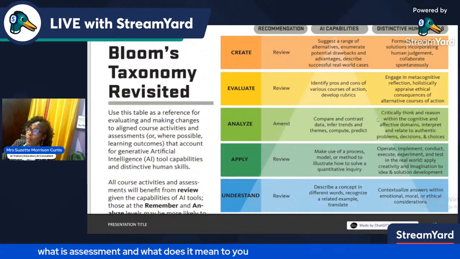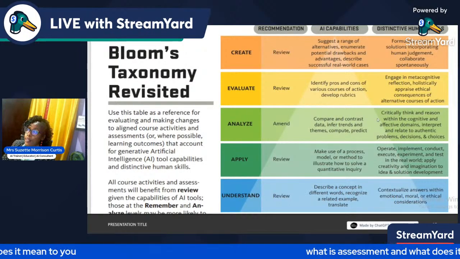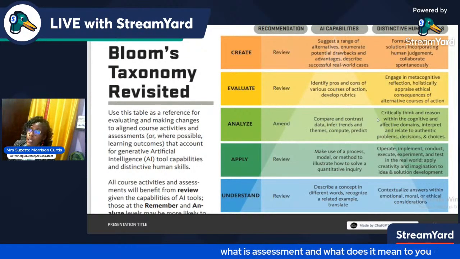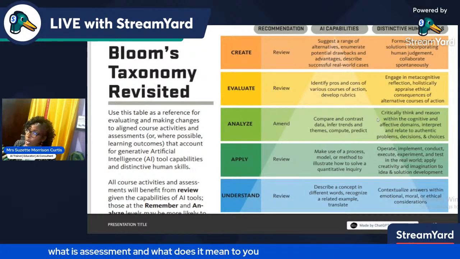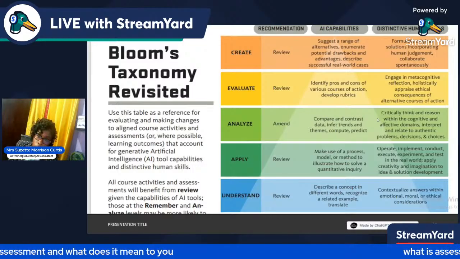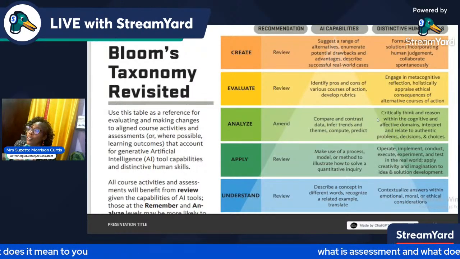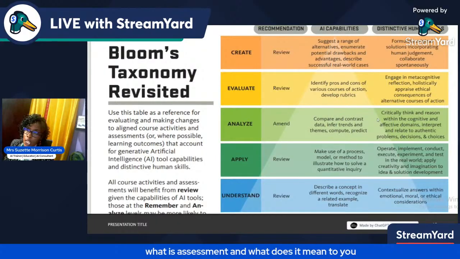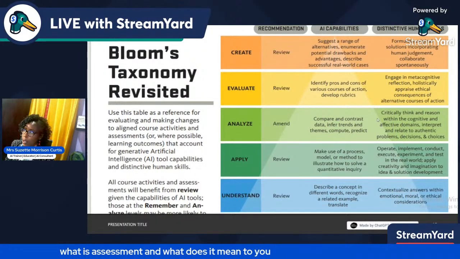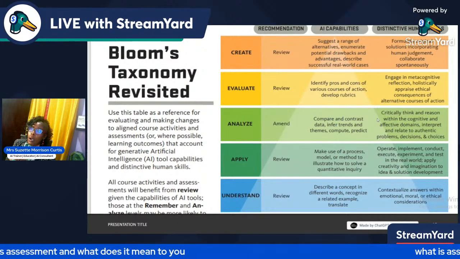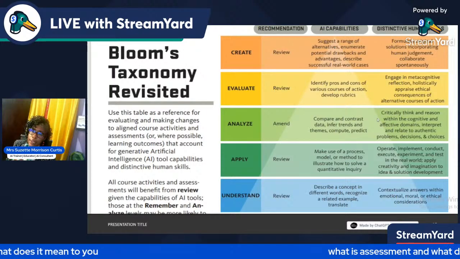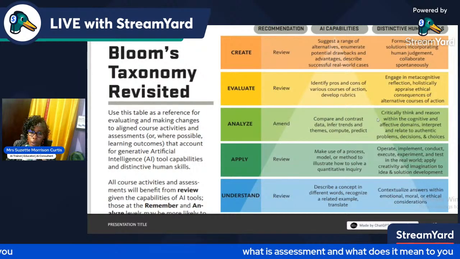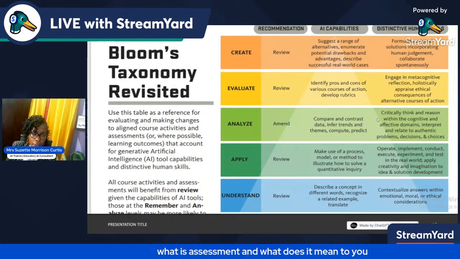So at the creating level, when using AI, it suggests a range of alternatives, enumerates potential drawbacks and advantages, and describes successful real-world cases. The distinctive human skills needed are to form an original solution incorporating human judgment, collaborating, and spontaneity. You have to do things a little bit differently now in your classroom. You have to know that it is there, and you're going to be asking them a little bit more than just define.